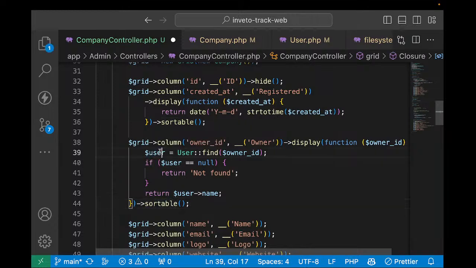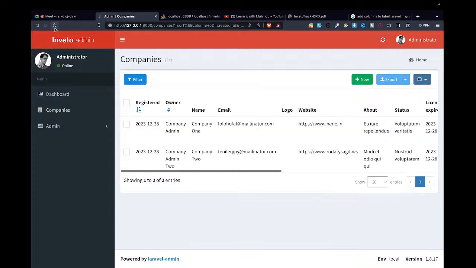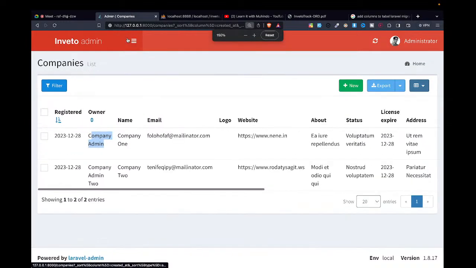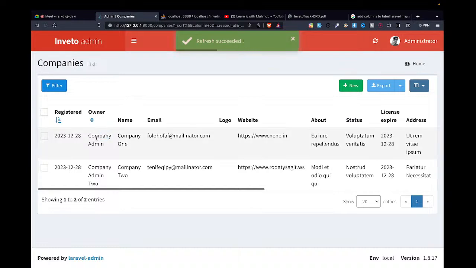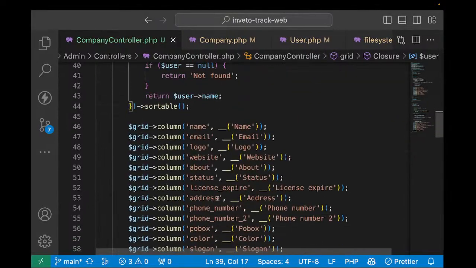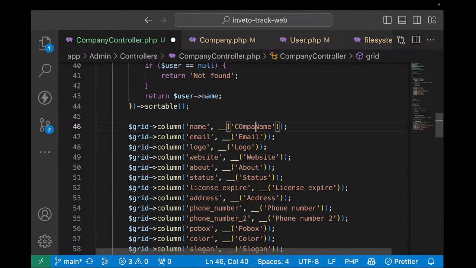Something like that. So if I come here and refresh, now instead of having the ID here, I'll be able to have the company owner names. You see, the company owner name here is 1. You see, the owners are now being shown in form of names instead of IDs. This one is company name, so I can add here the word